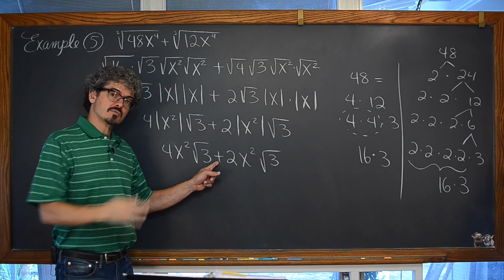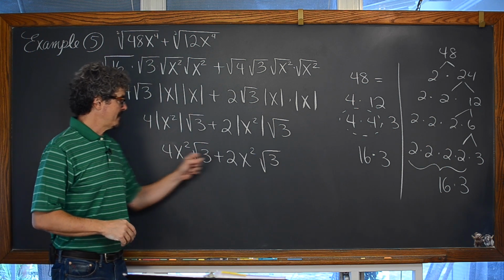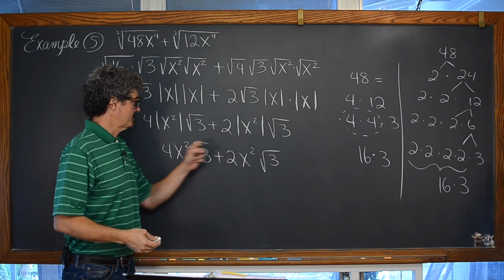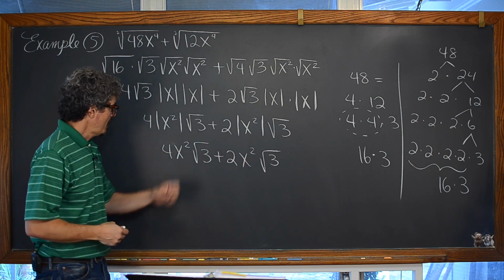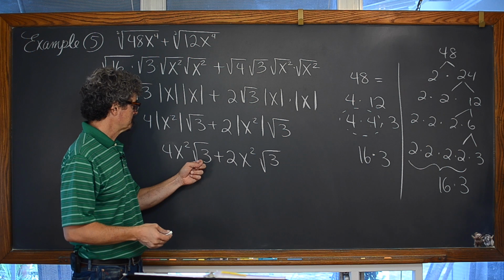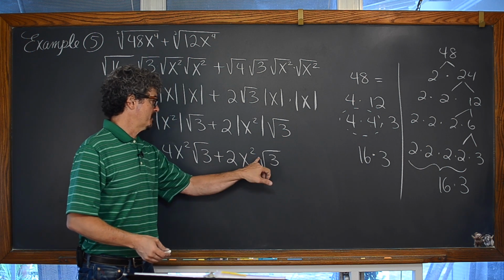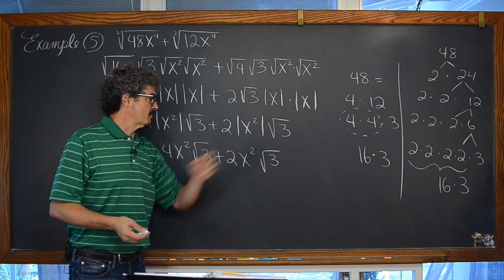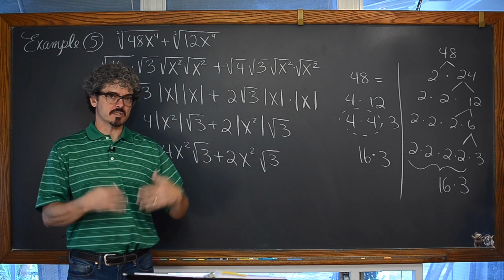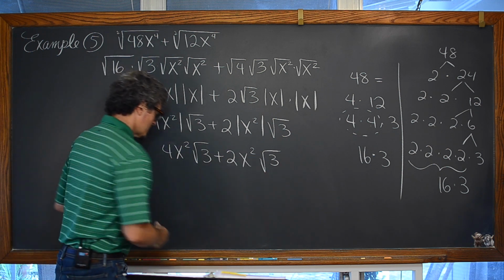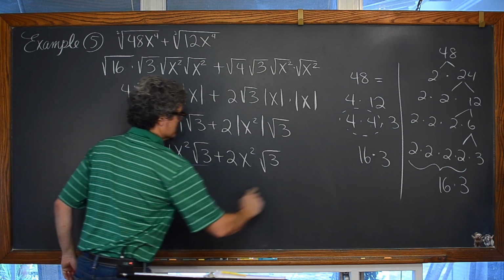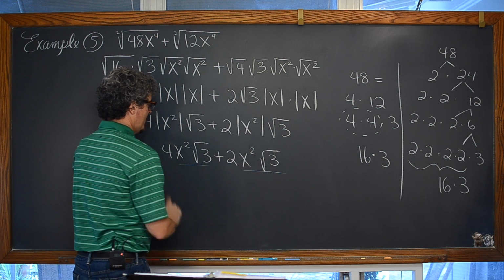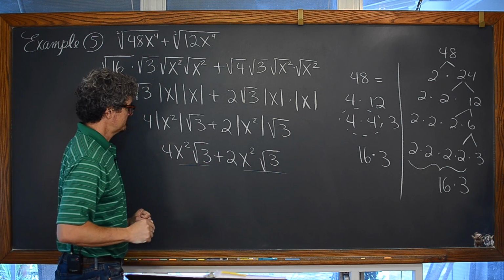And we're looking at 2 terms separated by this addition sign. Each of these terms has a common variable, or a like variable of x. Each of those x's has the same power of 2. And both of these terms have a factor of the square root of 3 with the same index of 2 and the same expression inside both of the square roots of 3. So these are like terms, and adding like terms, we can factor out, you might just do this automatically depending on where you are in your journey of algebra, but each of these 2 terms has a common factor of x squared times the square root of 3.